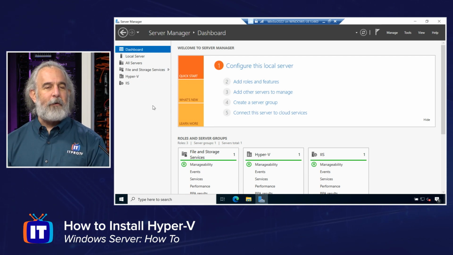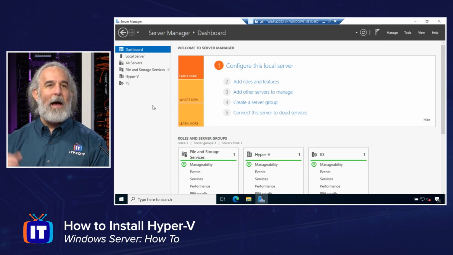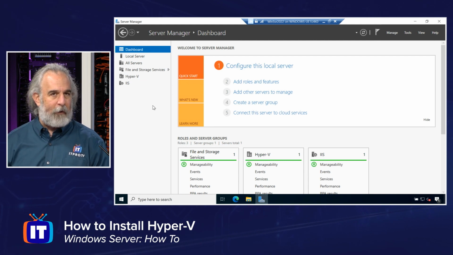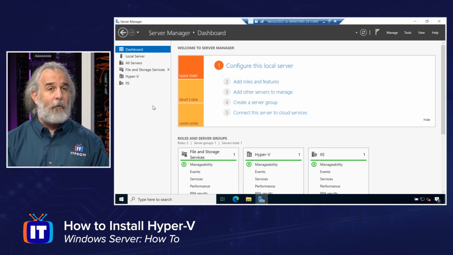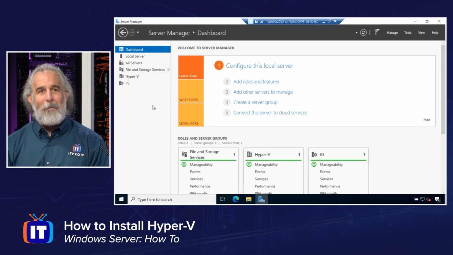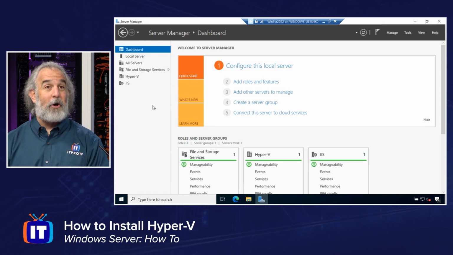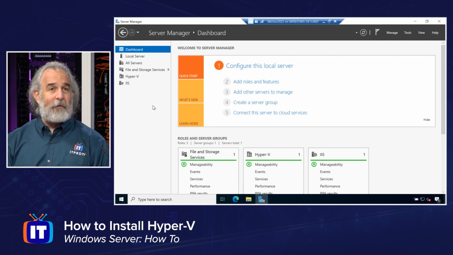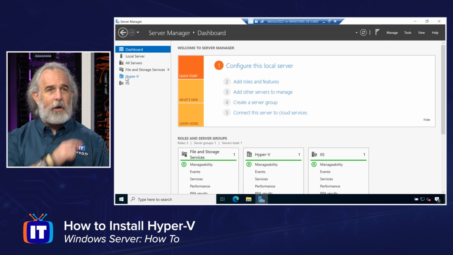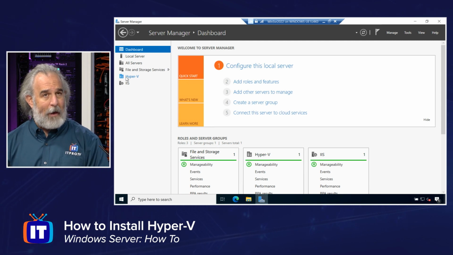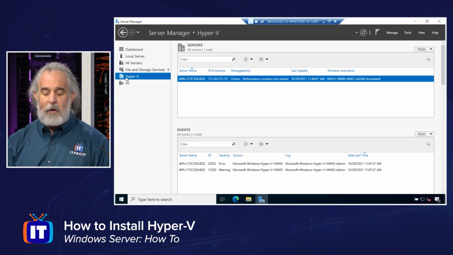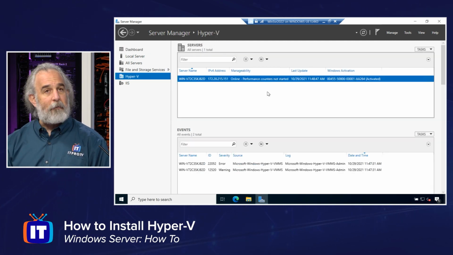Remember, you'll see some configuration going on. The system is adding those features for Hyper-V and configuring the role. And as a result, it's going to do a couple of things. You'll get back to the logon prompt. You'll log in, get your Server Manager back up and running. We spared you all of that. And now you can see that we've got a Hyper-V shortcut in our navigation bar right there, indicating the Hyper-V role has been installed. If we click, we'll see that it looks like everything seems to be good.